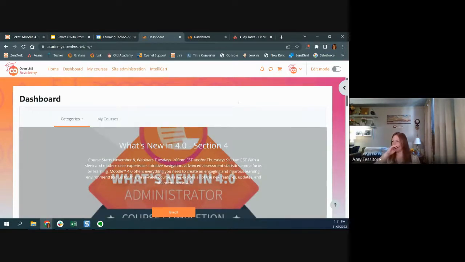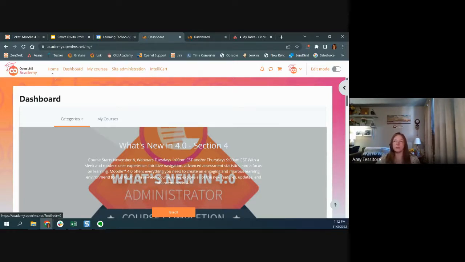Probably the thing you're going to notice most, and you might already be seeing it, is I don't have my blocks off here to the right. And my navigation drawer is completely absent right now on the left. And that's because our navigation drawer is no more. We don't have a navigation drawer now. In courses, you will have a drawer that's called Course Index, but out in any area outside of a course, you will not have the